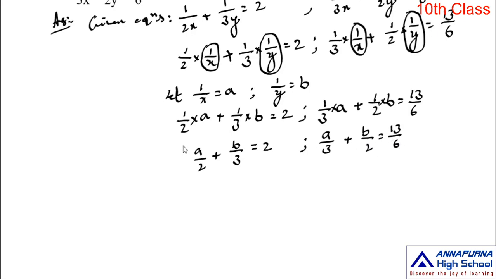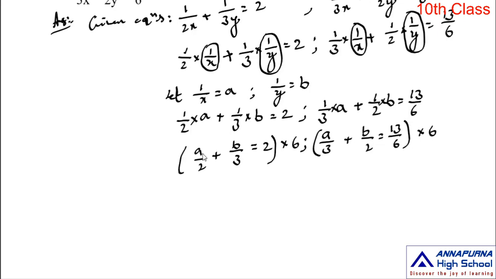Okay, so multiply every term in the first equation by 6. Why? Because here denominators are there now, so in the denominators we have only numbers. To remove these denominators, I multiply every term in the first equation by 6 and do the same thing in the second equation. So here in the second equation every term is multiplied by 6.